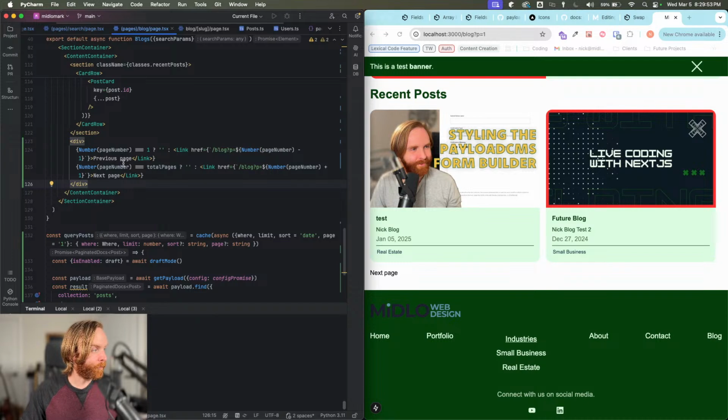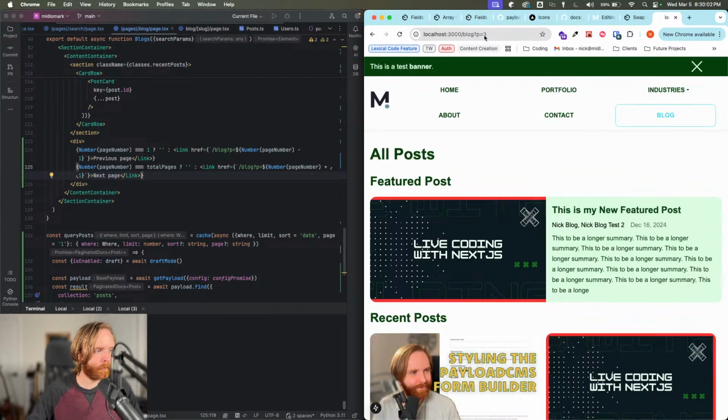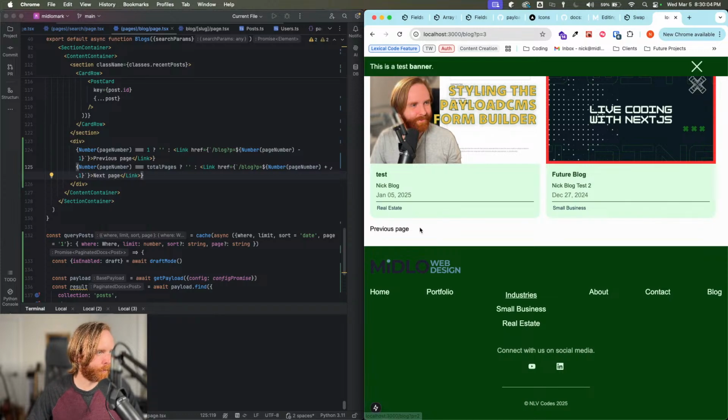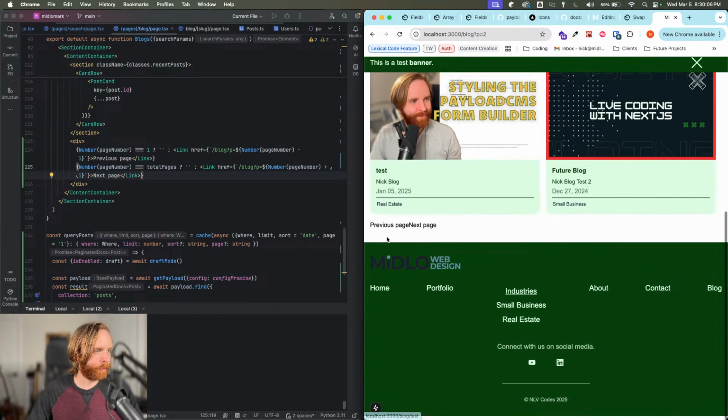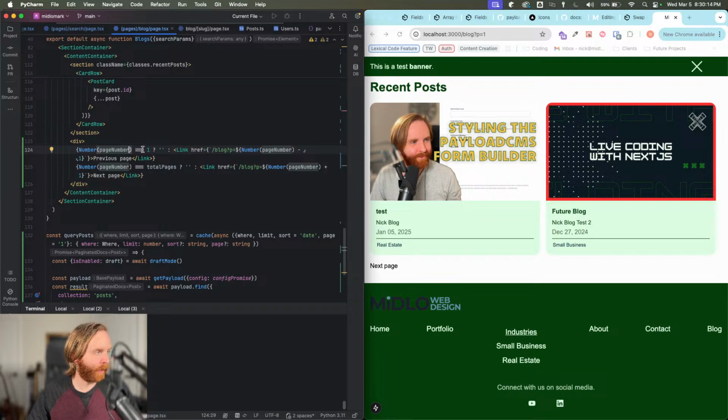So I love that. Anyway, so if page number equals total pages, if we go then to page 3, we should see next page go away. Perfect. So previous page, and then I can't go back any further. And I'm fine with it being, or actually, I don't have to be fine with that. So if it's single page there, first,